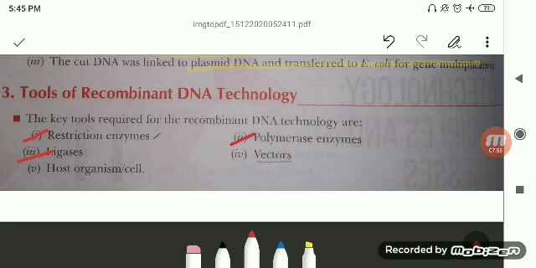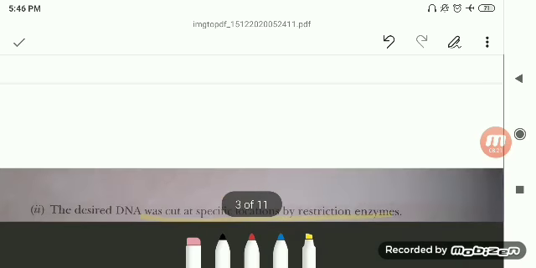Then there are the vectors. What are vectors? They are the carriers, the vehicles which can transfer the desirable gene into the host cell. Last, we need the host organism or cell, which may be a bacterial cell, a plant, or an animal. So this is the introduction of biotechnology, in which we studied the core techniques,